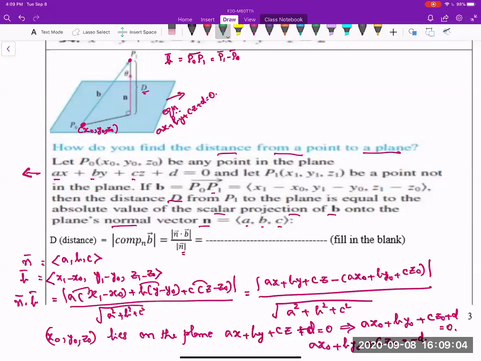So if you substitute that over here as negative d, so we have